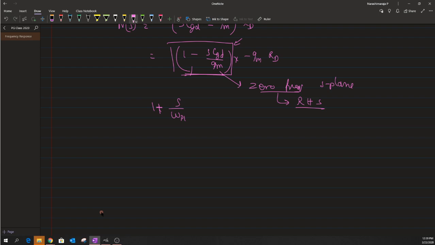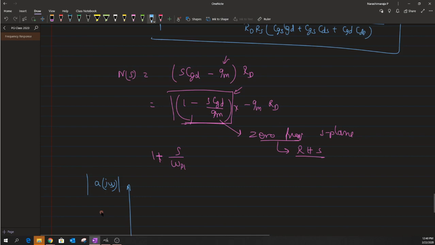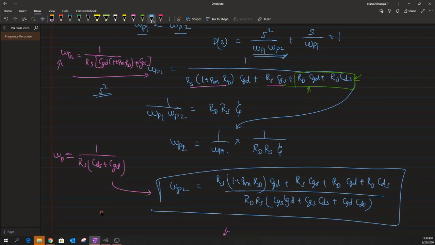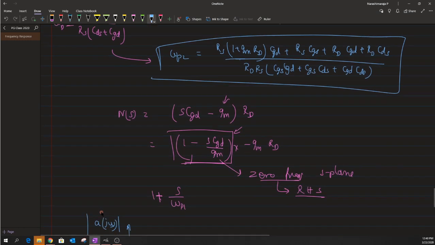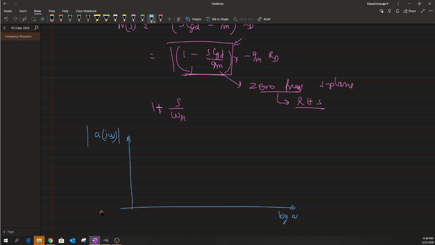Let me try to finish this by plotting the transfer function that we have got. I'm just going to write it as small letter a to denote the transfer function gain. I will plot only the magnitude plot of it with respect to the logarithmic scale of the frequency. Clearly from here, one can roughly say that omega p1 is the lowest frequency. After that, omega p2 will appear, and then omega z. I'll just mark those pole frequencies here,